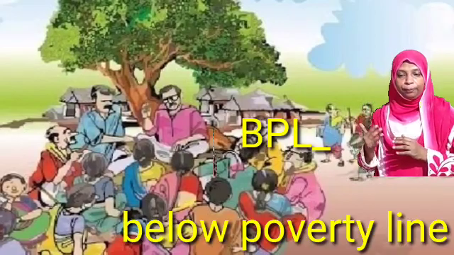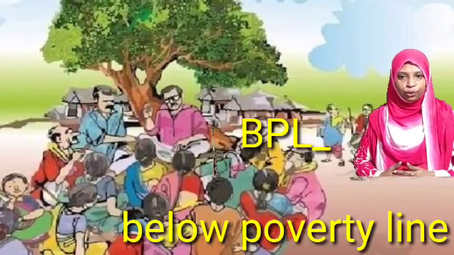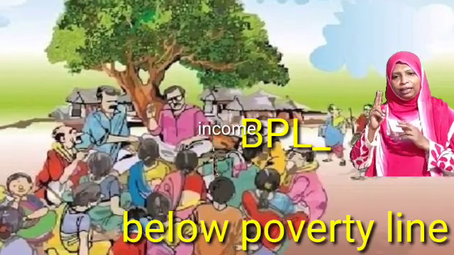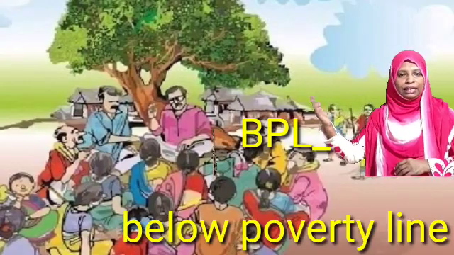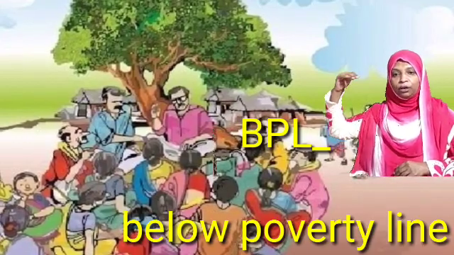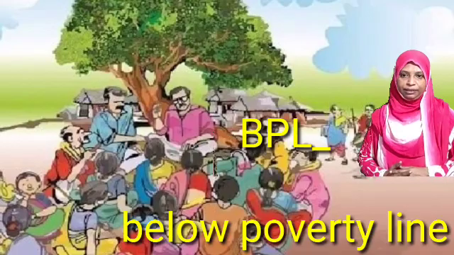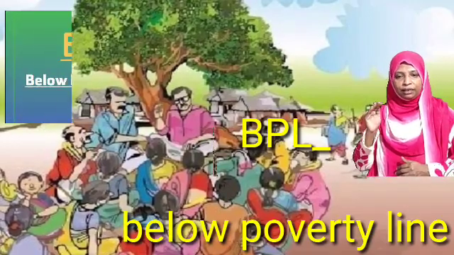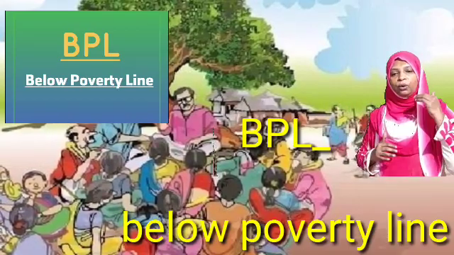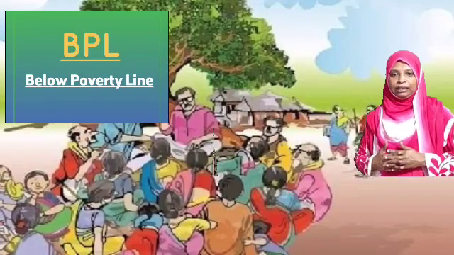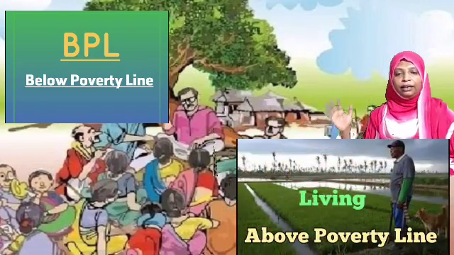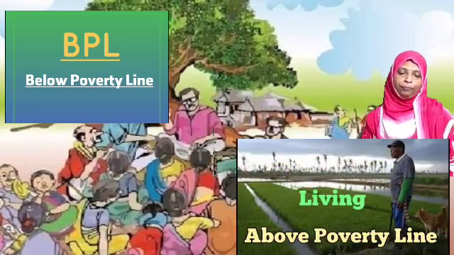On the basis of income and all other facilities that people enjoy, our nation categorizes all the people of a nation mainly into two categories, called APL and BPL. APL stands for a group of people having a little better income and life standard. BPL stands for below poverty line. That means their income will be very low and all other facilities of life also will be very few. So, such a discussion about who needs to be included in APL or BPL is another important matter of discussion in the Gram Sabha.